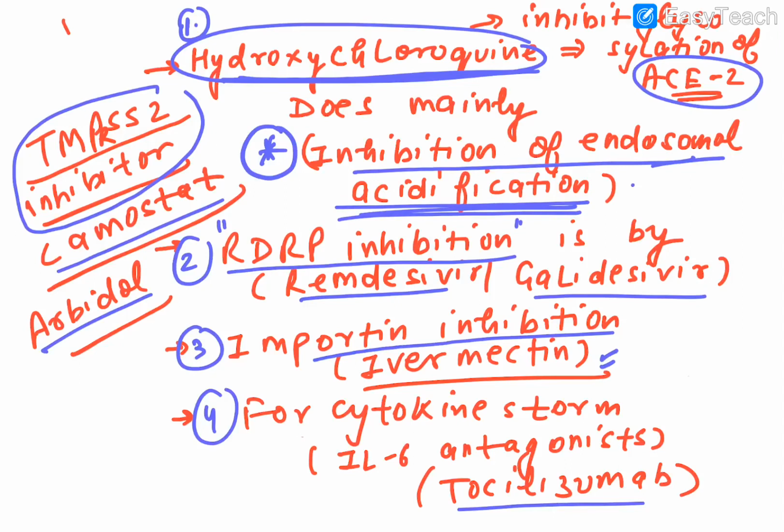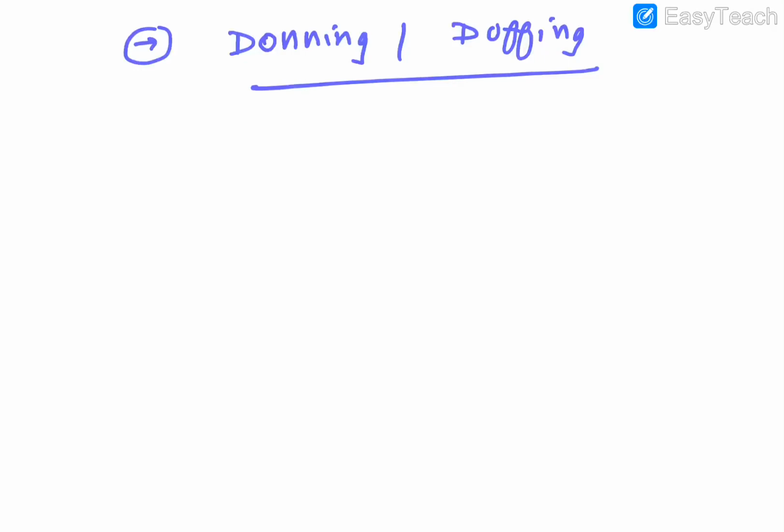Okay, guys, besides all these drug actions, I am supposing that there will be a question regarding donning and doffing. For sure there will be a question regarding donning and doffing, so you need to remember that particular sequence in which donning is done and in which doffing is done. The second thing is which particular disinfectant is now being used. Famous, everybody knows it, 1% sodium hypochlorite.